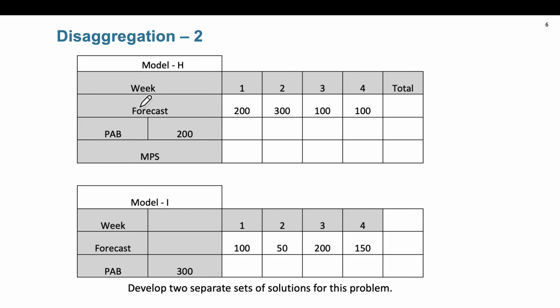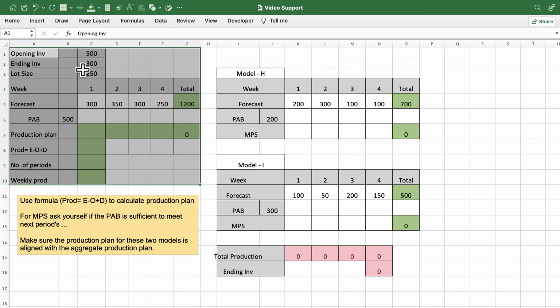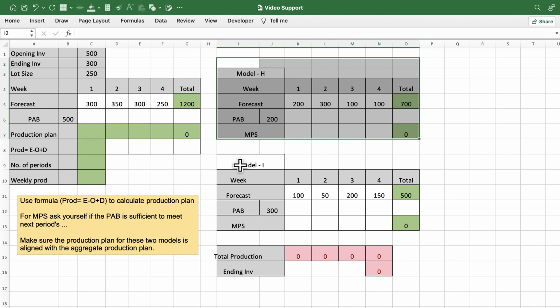So this is the forecast for model H, 200, 300, 100 and 100, and this is for model I. This is our data in Microsoft Excel, and as you can see here, our opening inventory is 500 units, ending inventory is 300, which means when period 4 ends, we are expecting our inventory at this place to be 300. Lot size is 250, which means every time we produce something it should be 250, and this is our production plan,